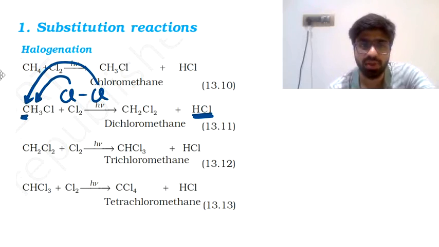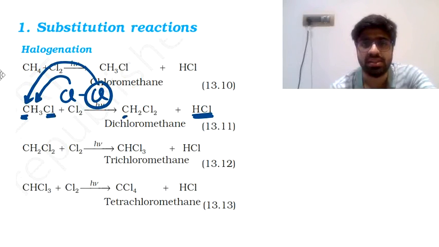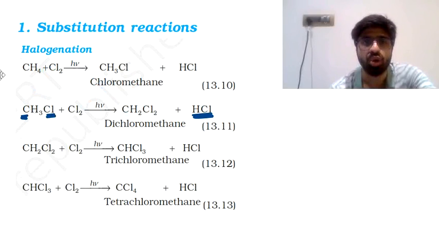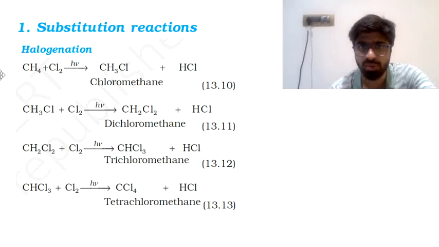So now this carbon already had one Cl atom along with it, and it will have one more Cl atom attached with it. So it will now be written as C, Cl2 and H2. So it is CH2Cl2. You call it dichloromethane. Now this dichloromethane also has hydrogen atoms which can further be replaced.